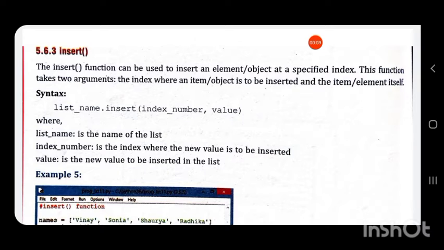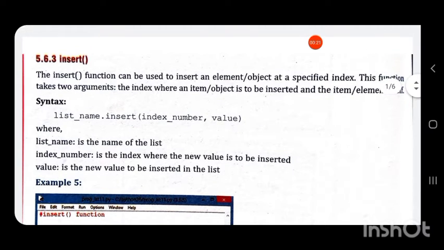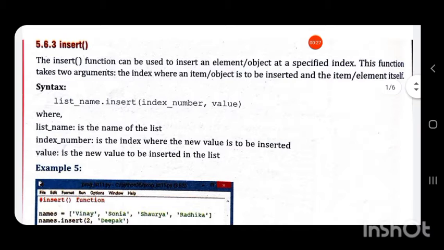We have discussed different functions in list, that is built-in functions in list. Built-in functions are those functions which we can use without importing them. The other functions which are not built in, to use those functions we have to import their library.